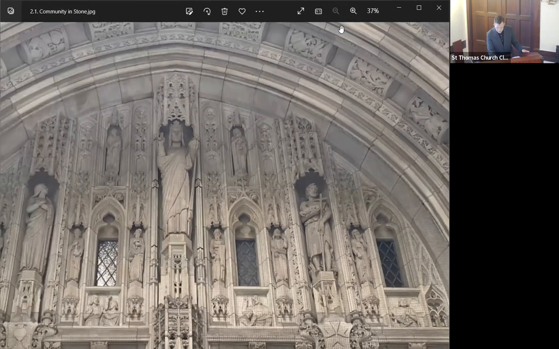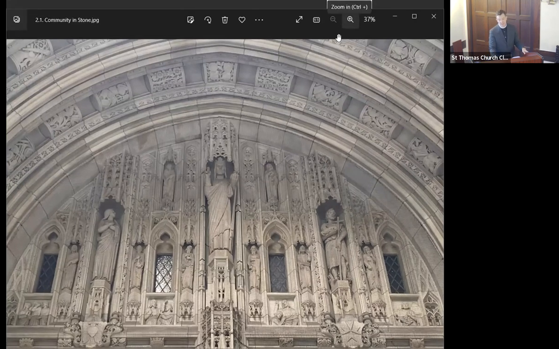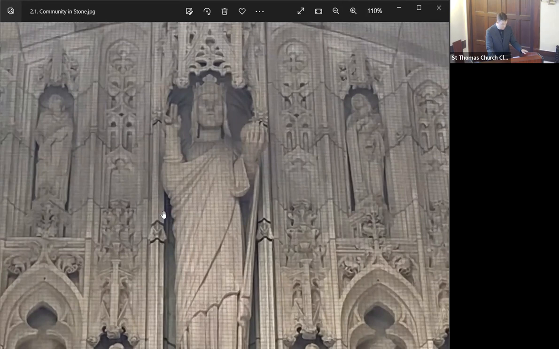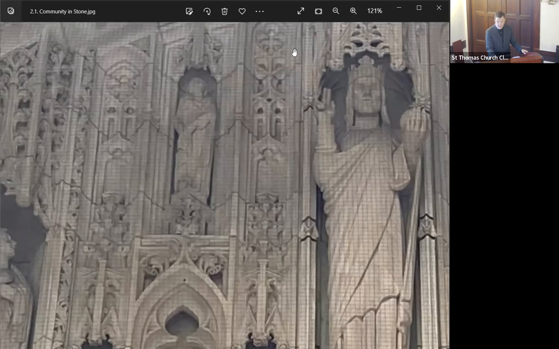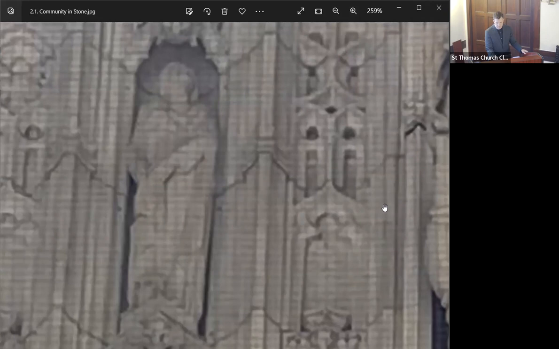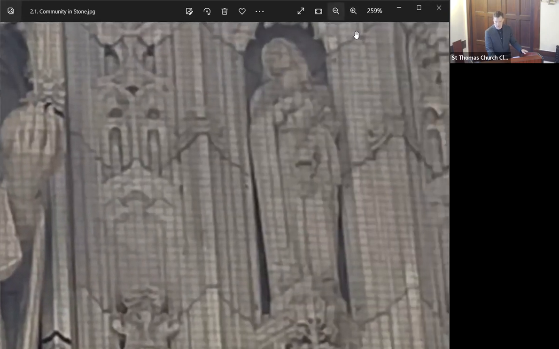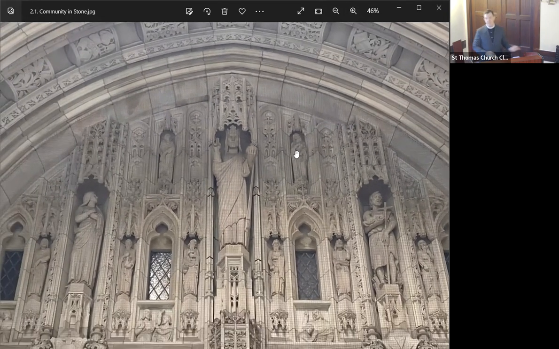All right, moving further out. Now, the people that I had confused with Mary and John the Baptist, on either side, which I think is really neat, on either side of Christ is Mary Magdalene. This is Mary Magdalene, who is really blurry here, and Martha. All right. So now I think this is extraordinary because it's a kind of redemptive image. In the story of Mary and Martha,